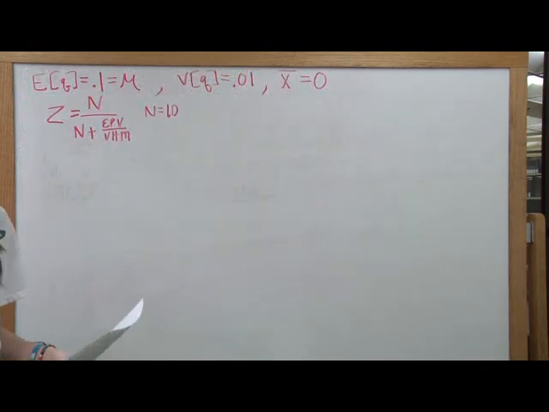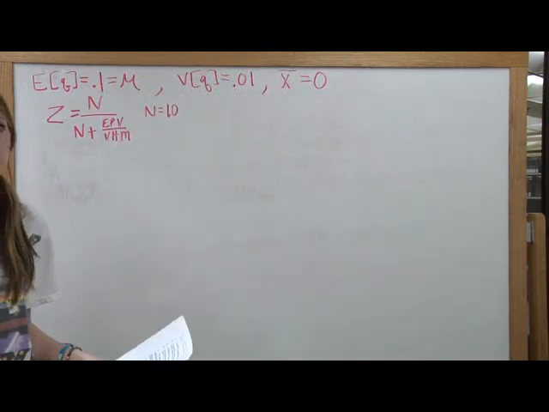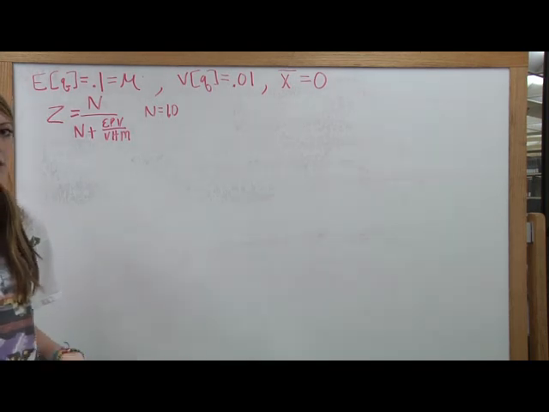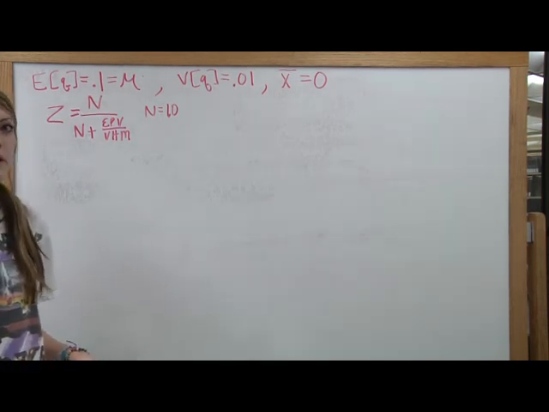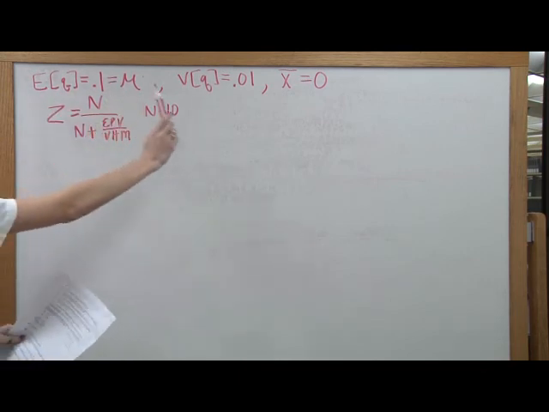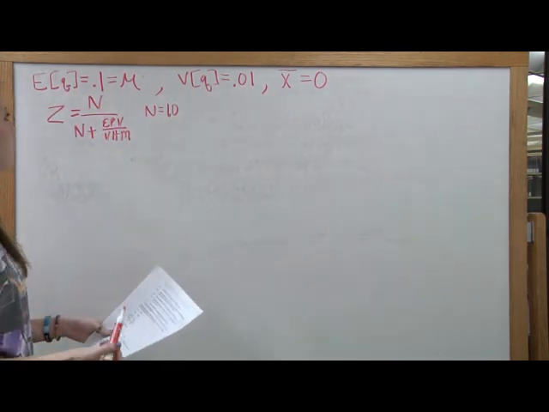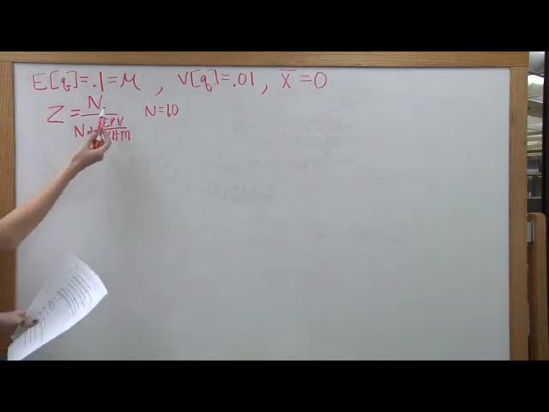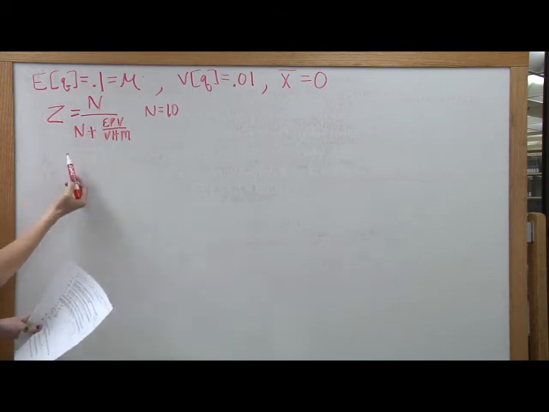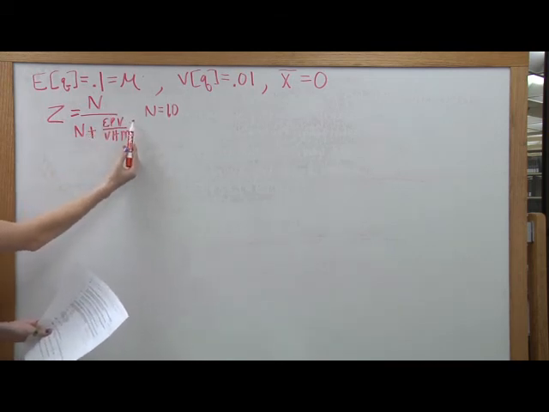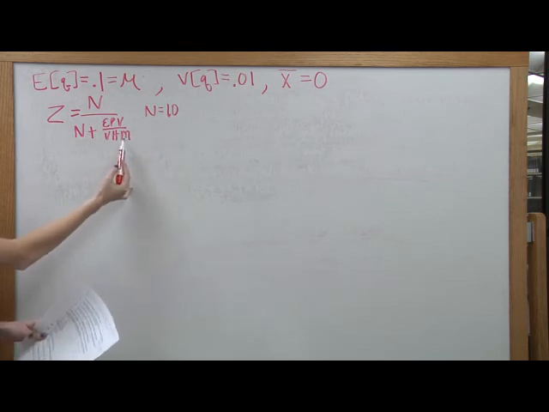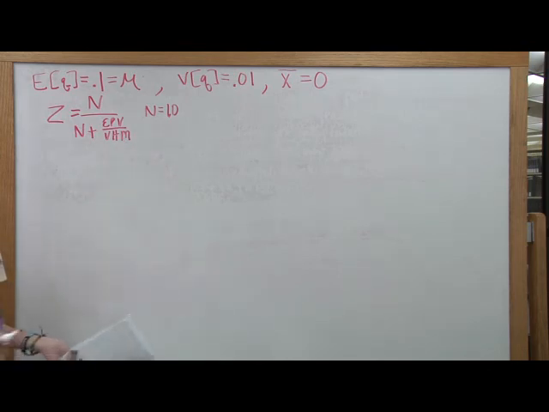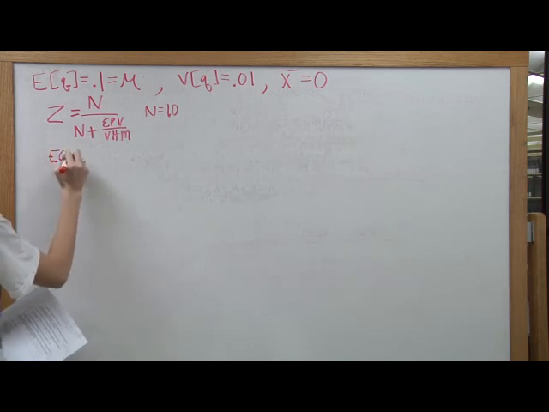Okay, so in order to find the Bühlmann credibility estimate for the expected number of claims for the next 5 years, we need to find the credibility factor. So these were the things we concluded from the given things in the problem. And we know that the credibility factor is this equation, this z, where n is the number of years of data which we have, and EPV is the expected value of the process variance, and VHM is the variance of the hypothetical means.